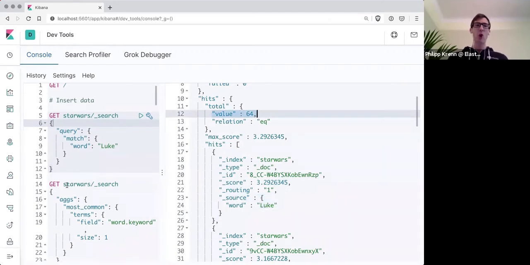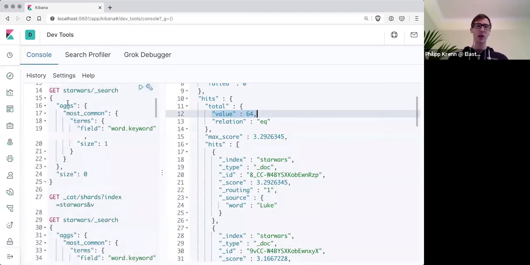Now let's switch over to an aggregation. So we have an aggregation. I call it the most common term. What I want to get is the most common term based on this word field. And I only want to have the top one, so the most common one. Don't be confused by that other size. You might have seen that. By default, you would get the first 10 documents back from that aggregation. I'm setting that to 0 here because you don't want to get any of the actual documents from your aggregation. What you want to get is just the aggregation itself.